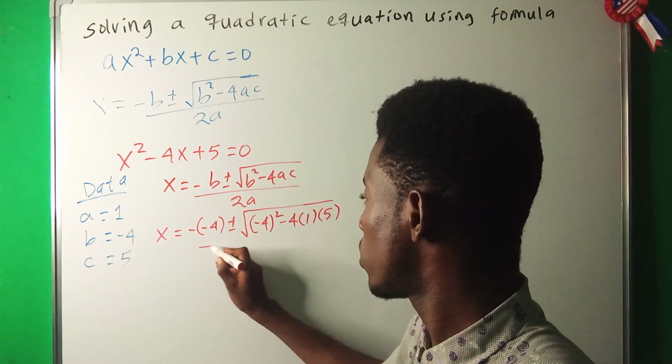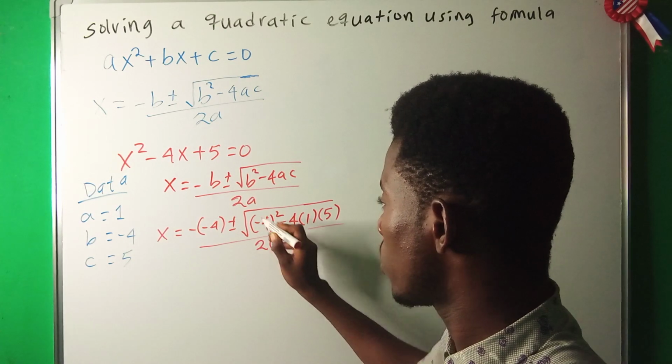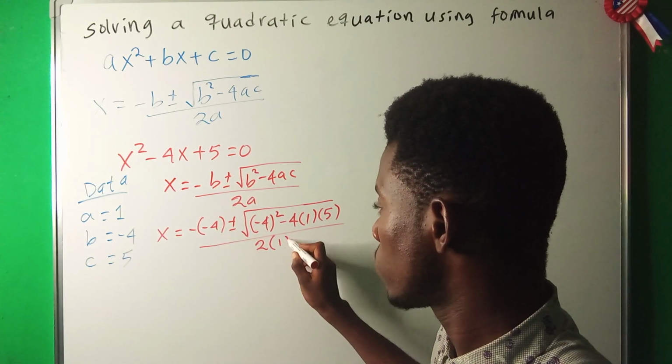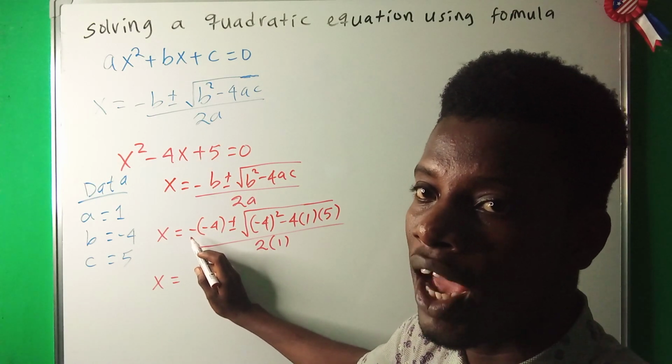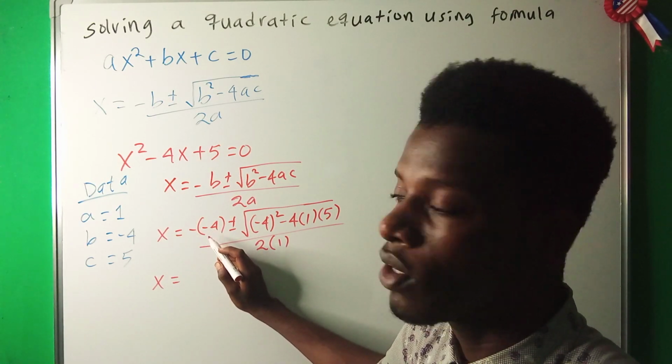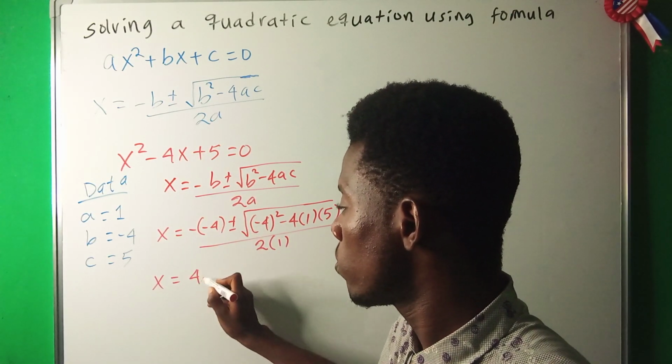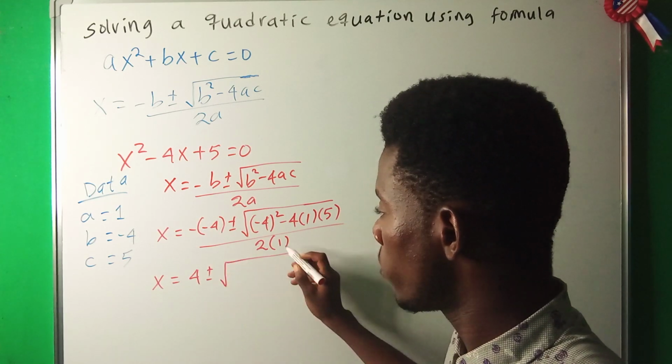All divided by 2a. And what is a? A is 1. So x is equal to negative times negative, which is positive. So this entire thing will give us positive 4 plus or minus the square root of